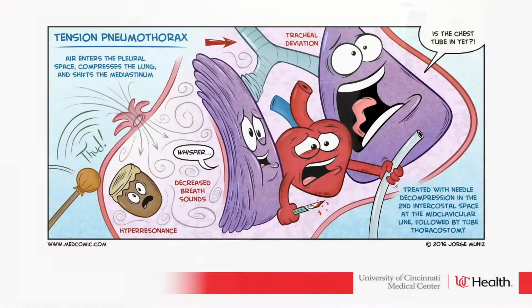I thought the cartoon was kind of good for tension pneumothorax. So they're showing air coming in from outside of the lung, or outside the chest cavity, into the lung. As it's filling in here, it's squishing the lung, and then eventually pushes over and squishes the heart. And so